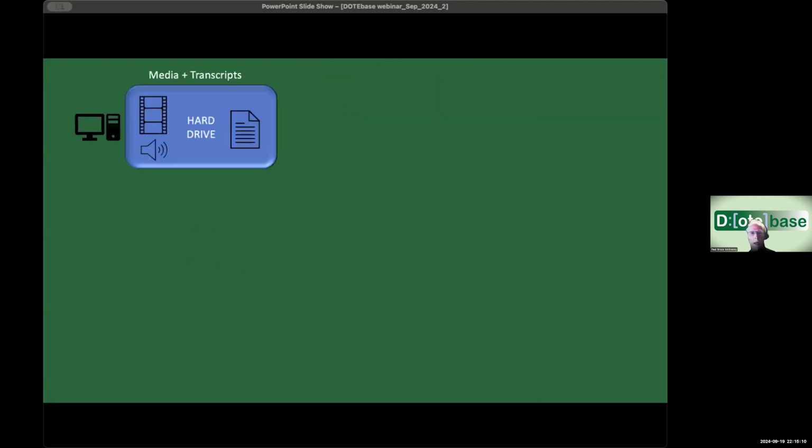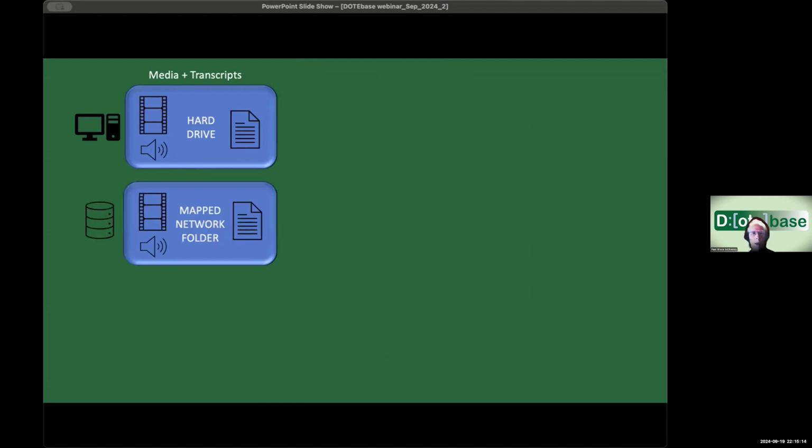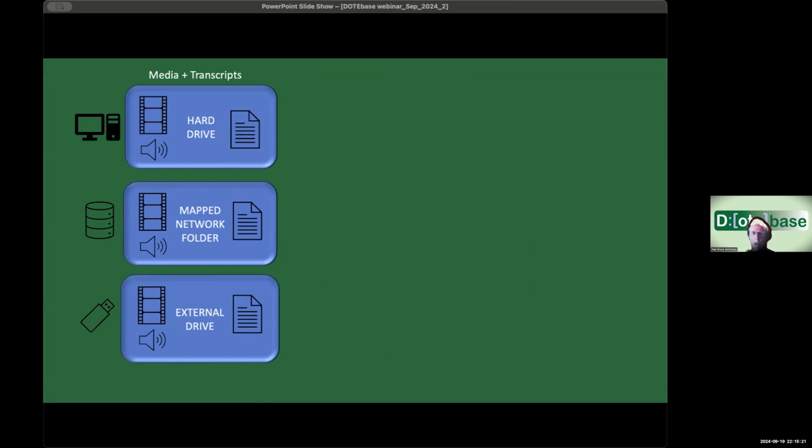So just looking at that now, you might have your media and transcripts on your hard drive, or on a mapped network folder, or on an external drive. The mapped network folder might be, for example, secure in your university computer system. We don't recommend Dropbox and other cloud services because of all sorts of issues that happen with those, as well as security issues. But if you have them on your hard drive or a mapped network folder or external drive,